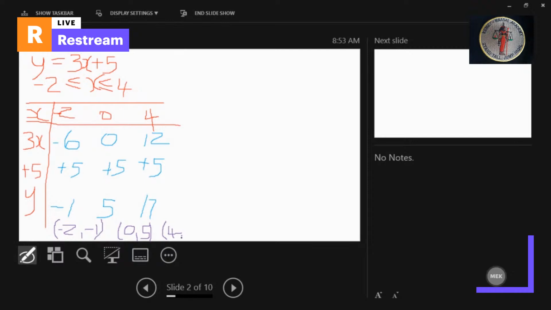So that's 4, 17. So these are the points we're going to plot on our coordinate plane or our graph. Looking at the values, our x values are from -2 to 4, and our y values from -1 to 17. So we're dealing with fairly small numbers, relatively small numbers. So we're going to draw our